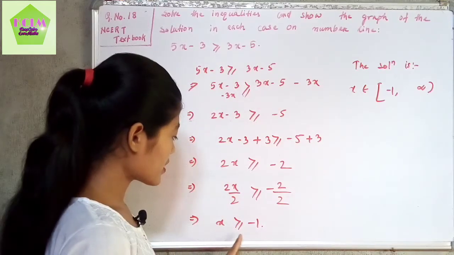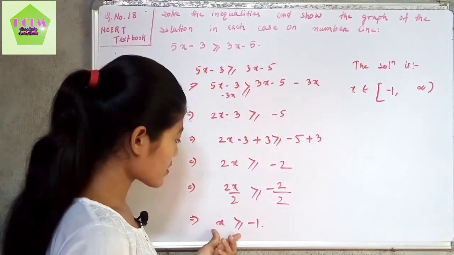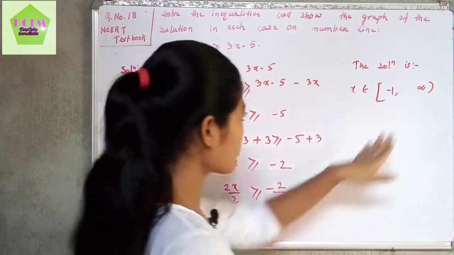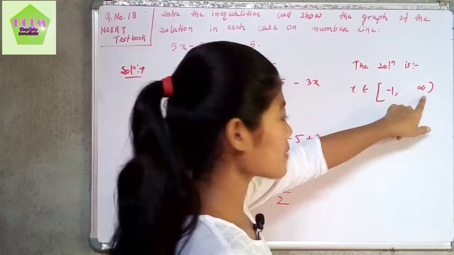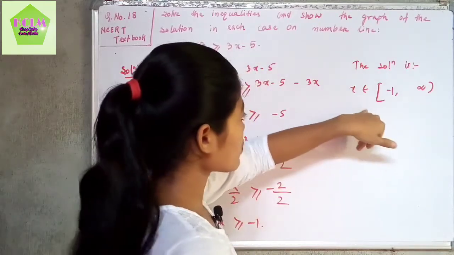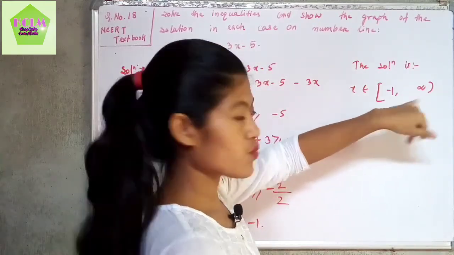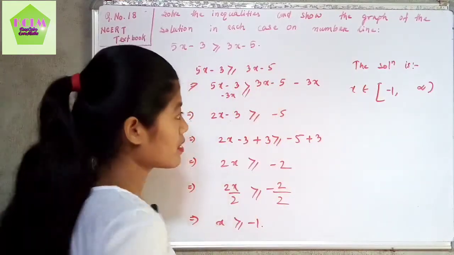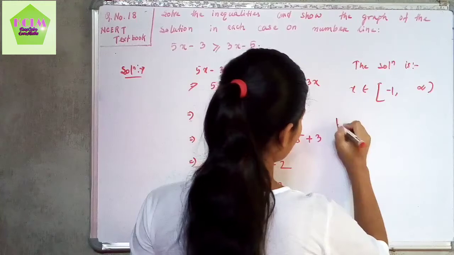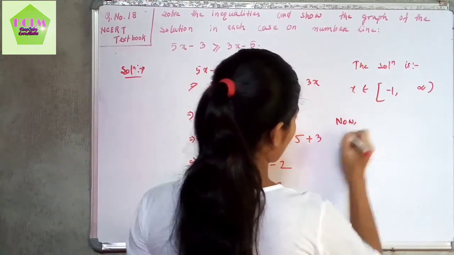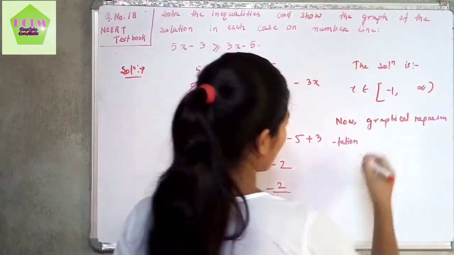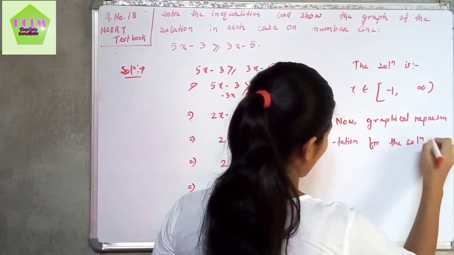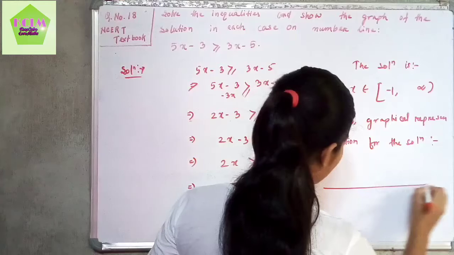Since x is greater than or equal to minus 1, that means the values are either minus 1 or greater than minus 1. Therefore, including minus 1 up to plus infinity. X belongs to the closed interval minus 1 to infinity will be the solution for this inequality. Now, the graphical representation for the solution on the number line, it will be